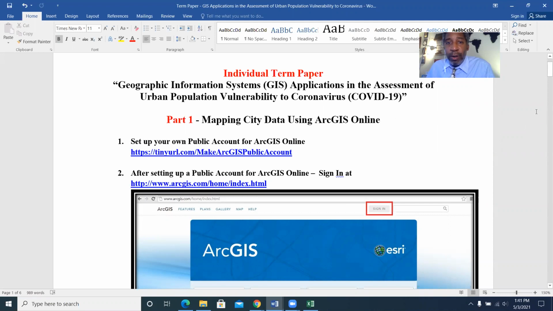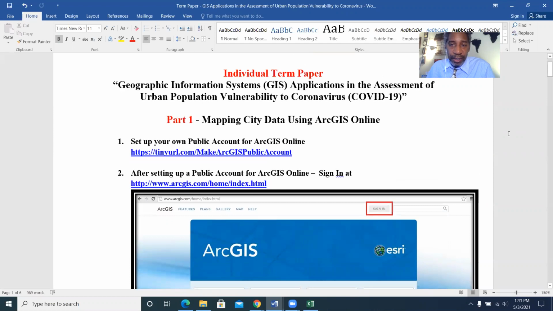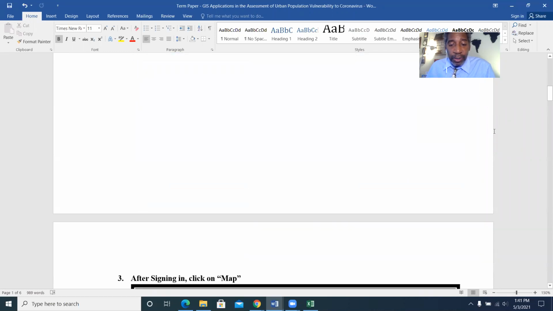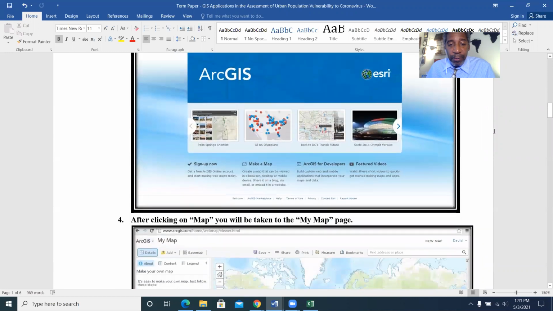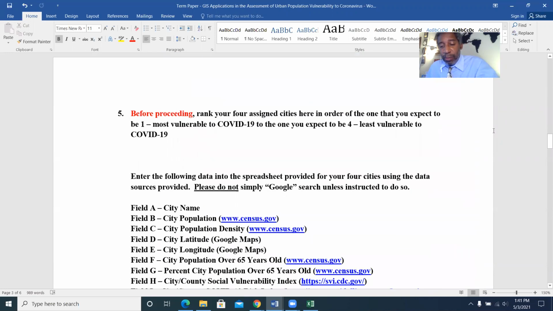And so we are looking at the individual term paper, which focuses upon geographic information systems application in the assessment of urban population vulnerability to COVID-19. And so these are the instructions for the individual term paper. And what we just did was we